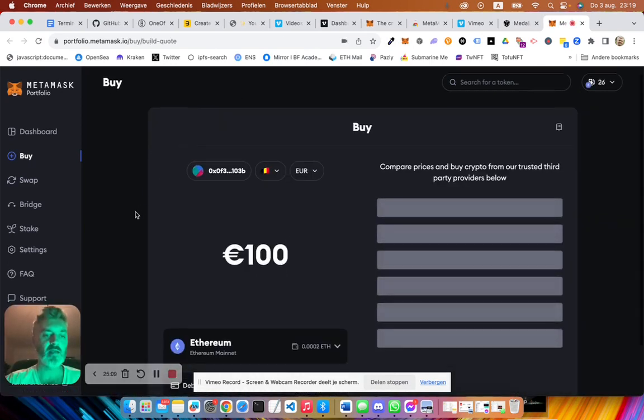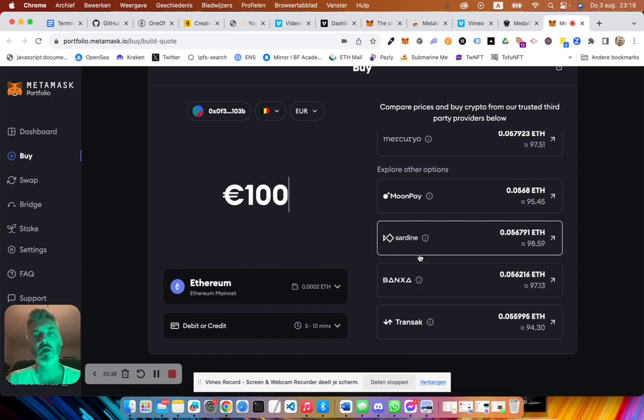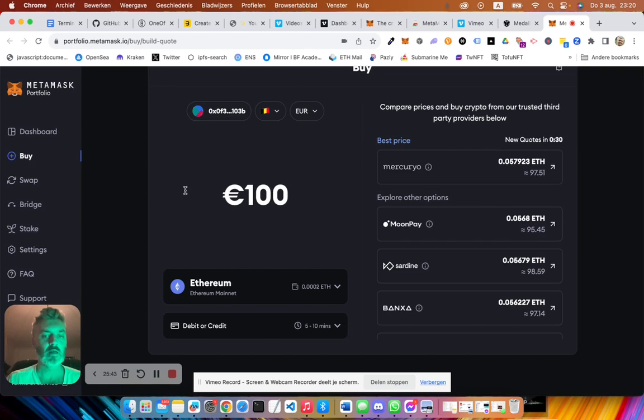Now, you can buy tokens here with your debit card or credit card. You can choose a payment option, like, for instance, MoonPay, which is very popular and very safe. Now, I'm not going to tell you to use MoonPay when it comes to money. I'm not going to give any advice, right? I don't want to have any responsibility, but I'm just telling you, MoonPay, these options are very often used. MoonPay is the one I've used myself. I trust it, but don't take my word for it.